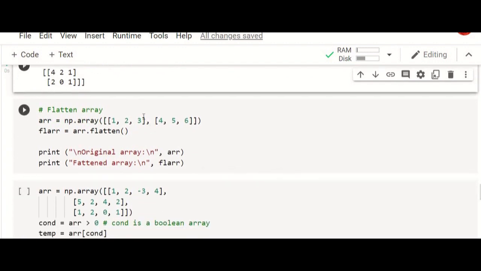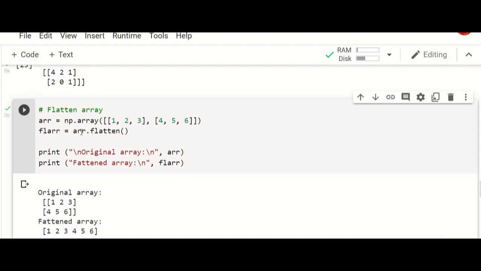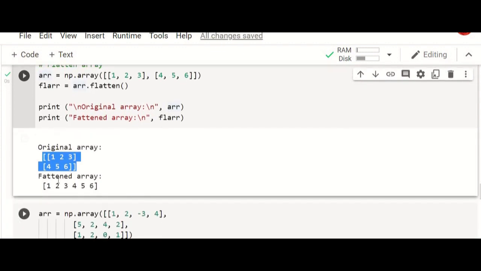And after creating an array, if we want to flatten, that can also be done. See, in this case we have already created a 2-dimensional array. So after creating this, we can flatten, arr.flatten. This will convert the 2-dimensional array into 1-dimensional array. The original array is stored in arr. So the original array that is created is 2-dimensional array with 2 rows and 3 columns. Later, after flattening, the elements will be looking like this. That means 1-dimensional array. All the elements will be stored sequentially in only one axis.